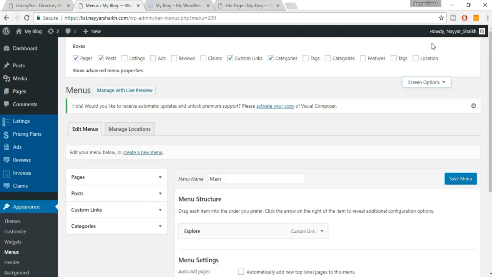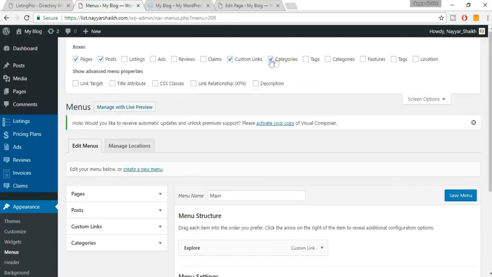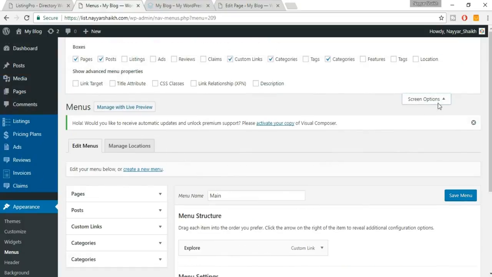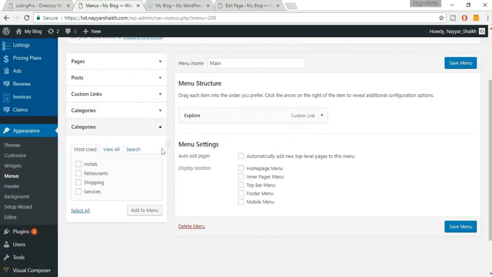There's an option over here which says screen option. Just click on that, and we have listing categories. Where do we have it? Categories. I hope this is the one. Yeah, it is the one. So just select this,